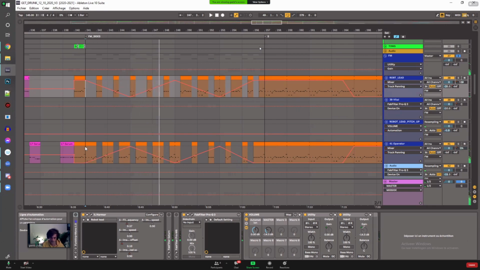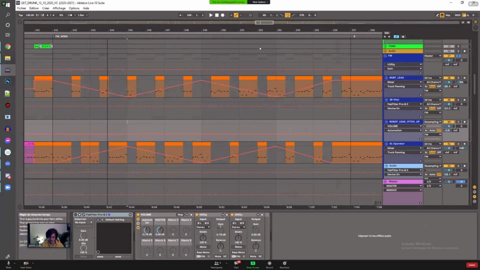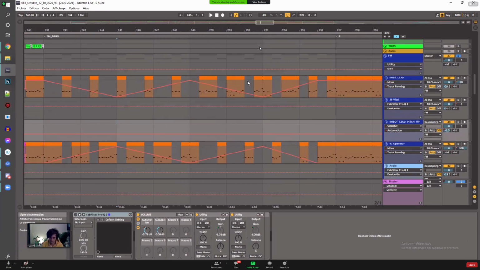So that's opposing panning automation, and they don't have any overlapping clips. They never play at the same time in this part.